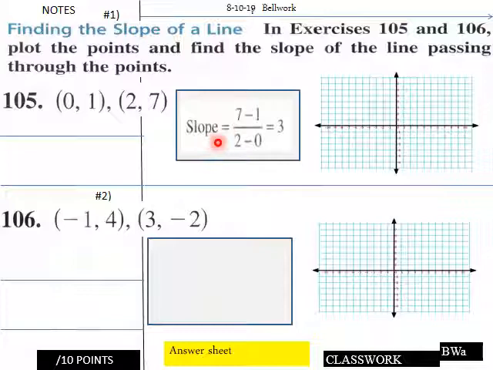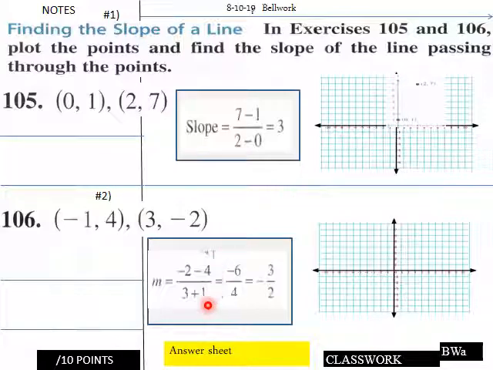So our slope, 7 minus 1 over 2 minus 0, is 3. And then here is your plot, and then find the slope of the line passing through. Well, we did it analytically, so we really don't have to draw a line through it. And then down here,